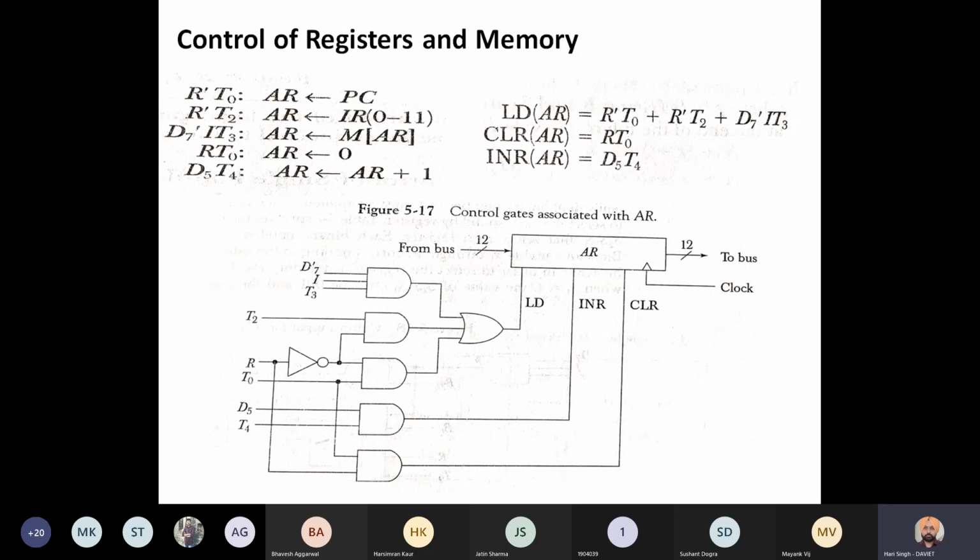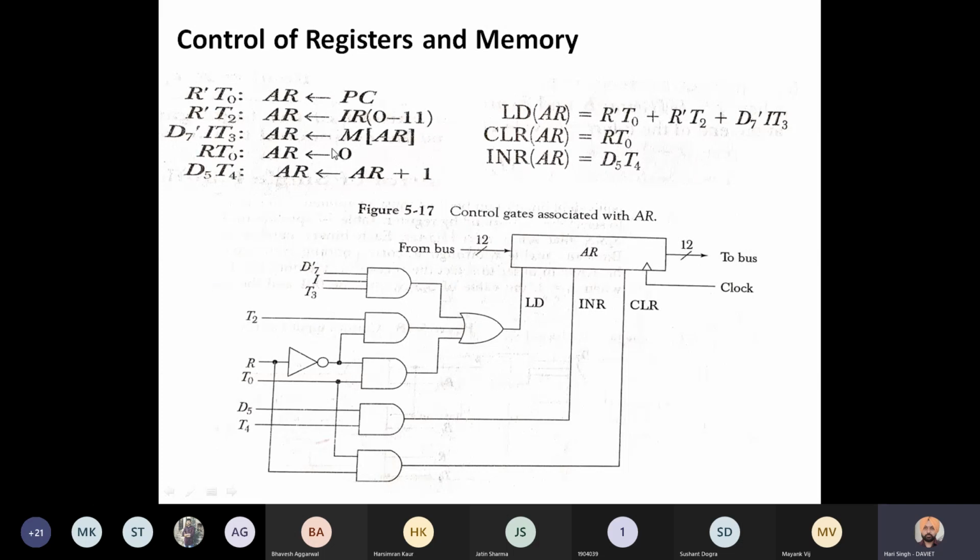Read and write pins can be represented like that. So in the first 3 instructions, the load pin should be activated. So this LD pin will be activated if this is true or this is true or this is true. The load pin of the address register will be activated if any one of the first 3 instructions is executed.